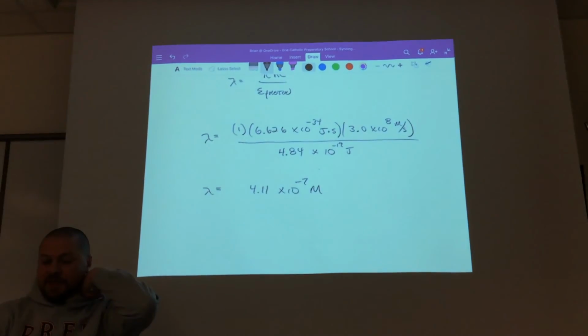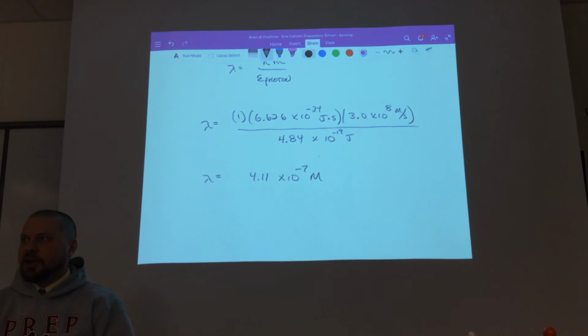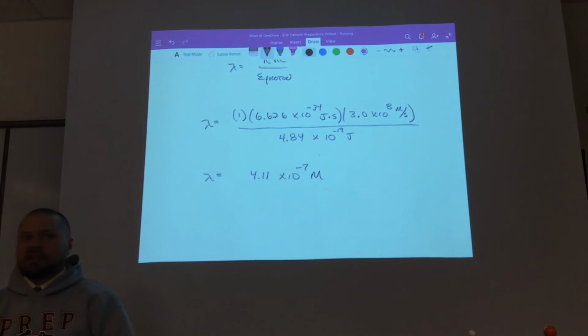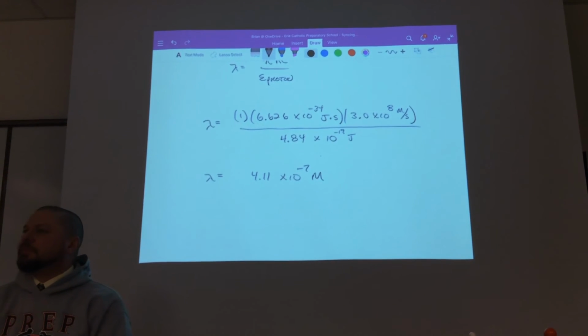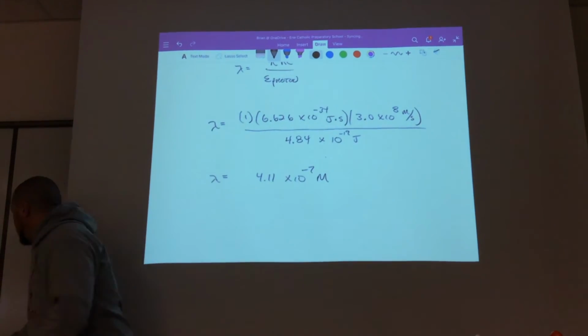Okay. So if that was a wavelength of light, that's right around that purple light we've been talking about, because that was 400 nanometers. It's just slightly more towards the blue of the purple. It's 1 because it doesn't mention how many there are? No, it's 1 because this is talking about